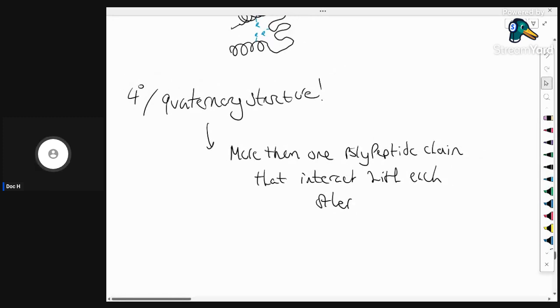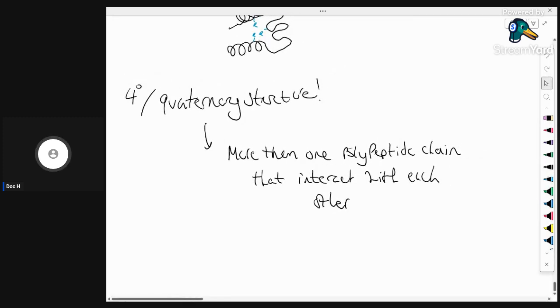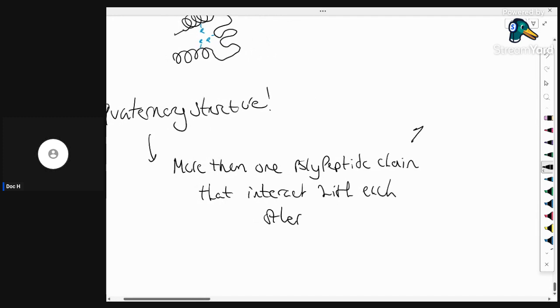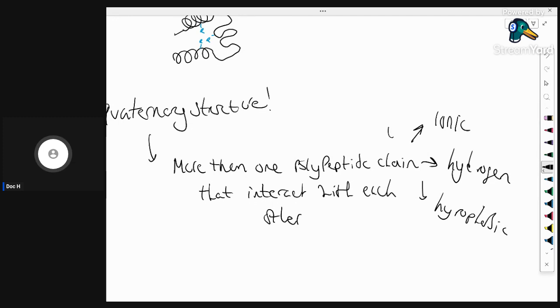Okay, they can interact with each other by all of the forces that we've talked about for tertiary, right? So they can do this via ionic bonding. Horrible writing, sorry. I've been writing a lot today, so my handwriting is getting worse. Hydrogen bonds. We can have hydrophobic interactions, and of course covalent linkage. We can have our disulfide